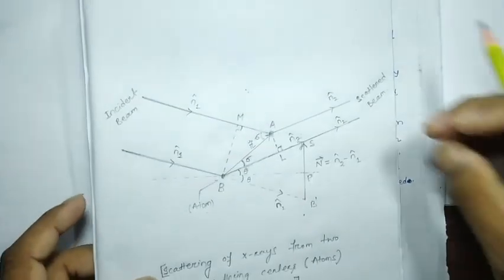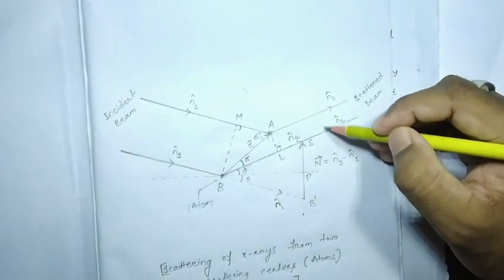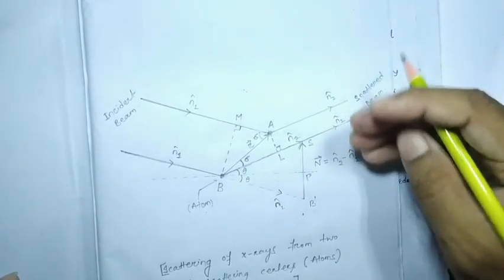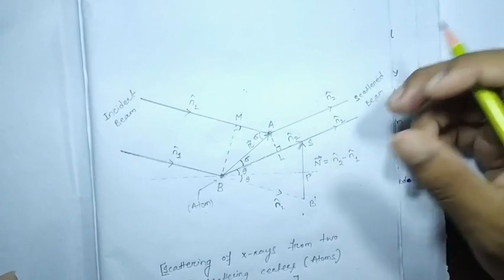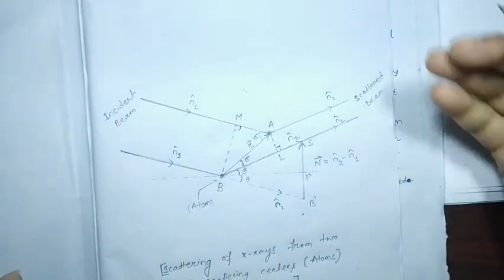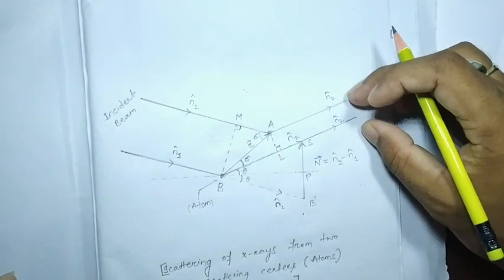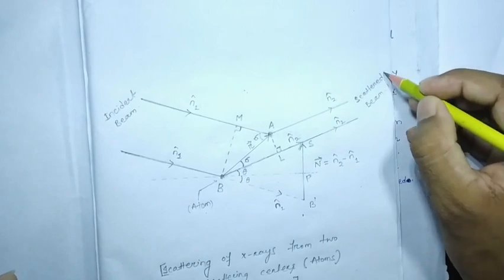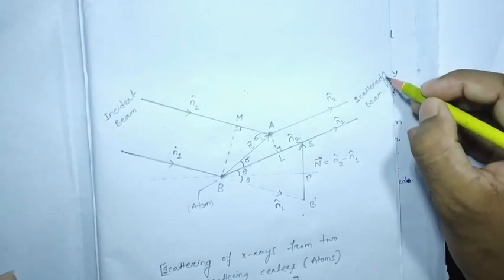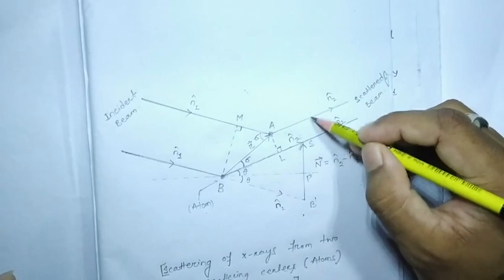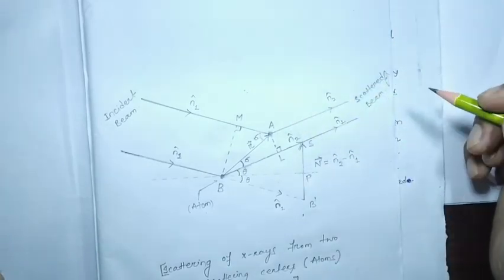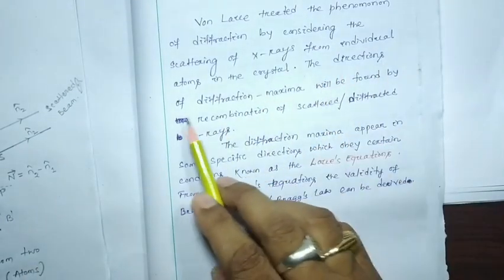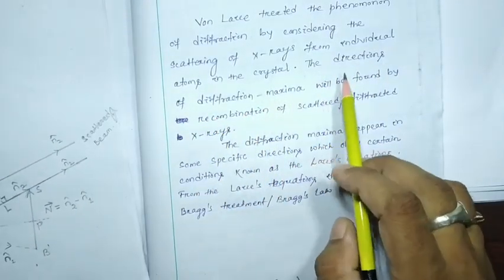Okay, so here these two rays are going to interfere with each other. If they produce maxima, or constructive interference, then we can get the diffraction pattern. That is, at a specified angle, suppose here we have a sensor, these two rays are going to interfere with each other and will produce the maxima. The same thing has been written: the direction of diffraction maxima